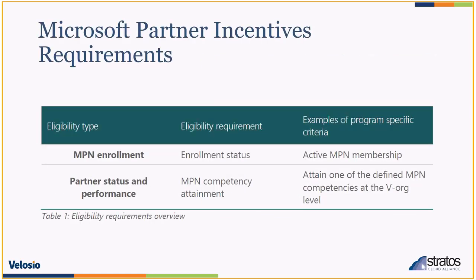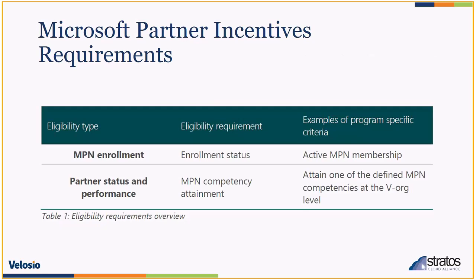So just recently, Microsoft announced their partner incentives for FY19 to help grow partner CSP businesses. These are the eligibility requirements that you'll need in order to qualify. I'm also going to provide you access to a 16-page PDF that you need to review to see if this applies to your business. It's kind of a big deal. It really allows you to generate more profit from these relationships and helps you grow your business.